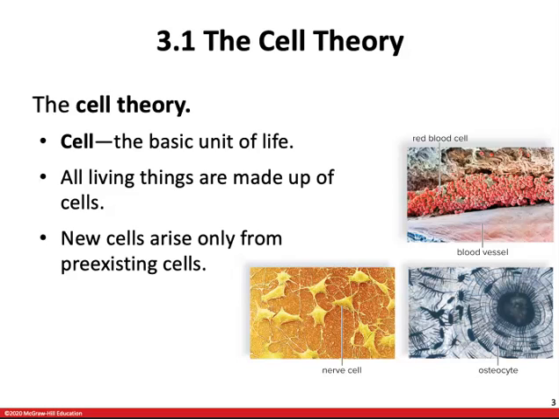So to start off, there was a detailed study of the cell in the 1830s, and from that work came what was known as the unifying concept in biology. It originated with the work of biologists Schleiden and Schwann in 1838 and 1839, and ultimately what they came up with was the cell theory, the idea that all living things are composed of cells, all cells come from pre-existing cells because cells are self-reproducing, and thus cells are going to be the basic unit of structure and function in organisms. So all living things can be broken down to cells, and the cell is sort of the basic unit of